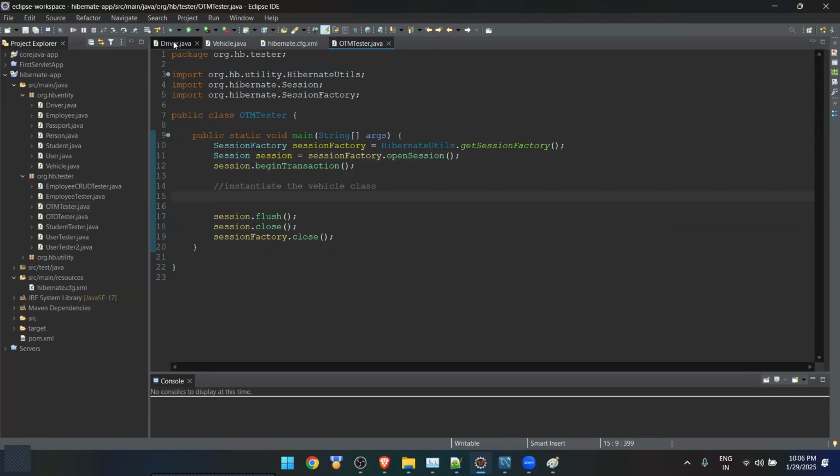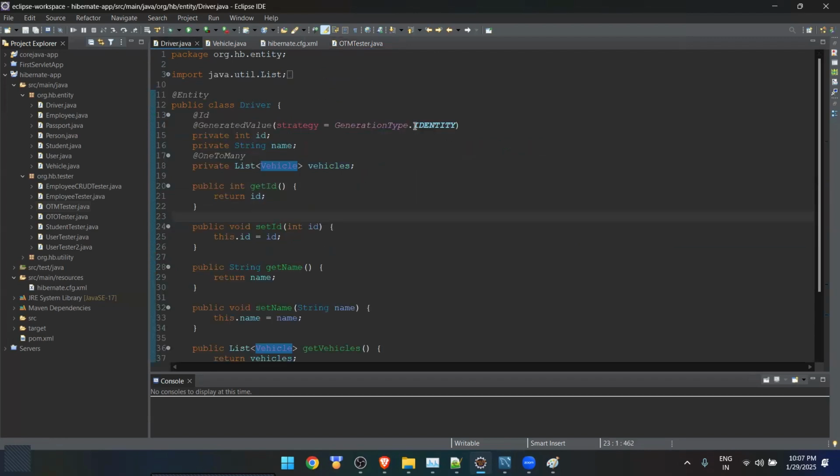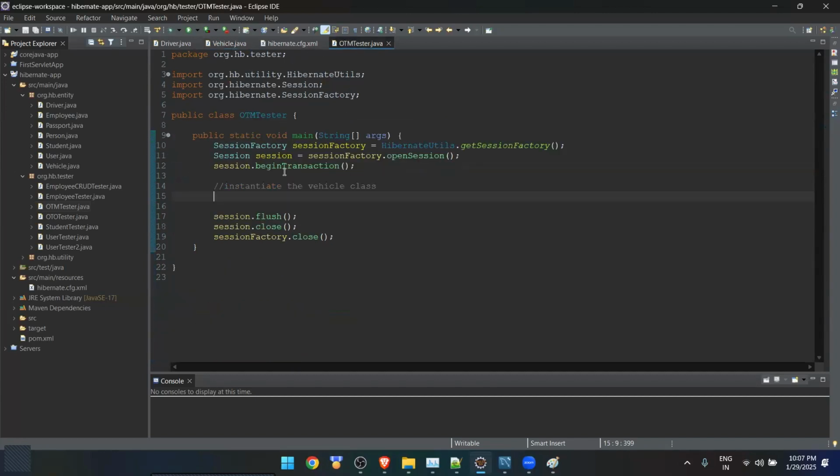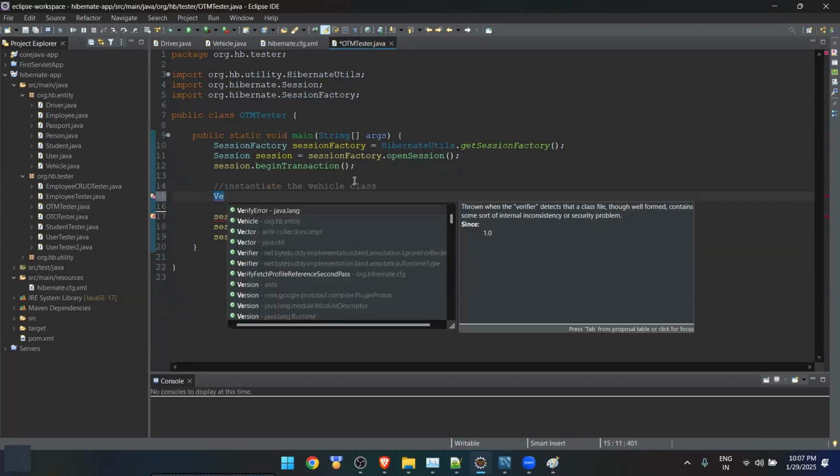Okay, and one more thing I forgot. Oh, it's already there, ID. I thought I forgot about auto generation. So both entities have their auto generated primary key. So I just need to deal with only one field after that. So I have to create first a vehicle,